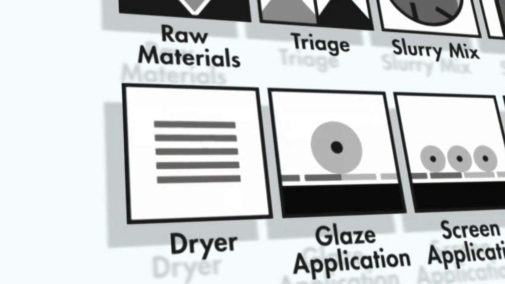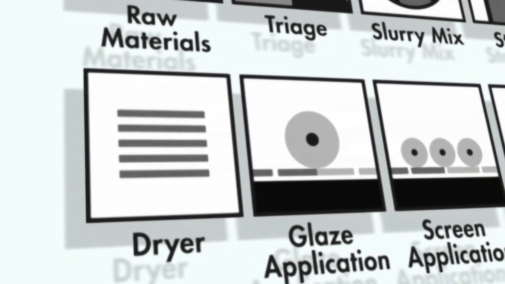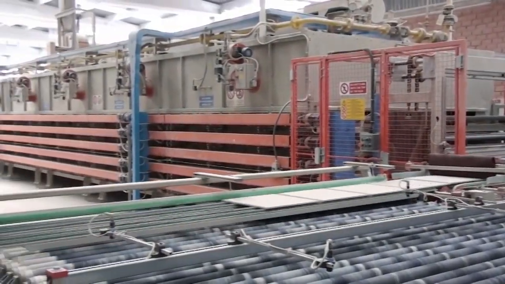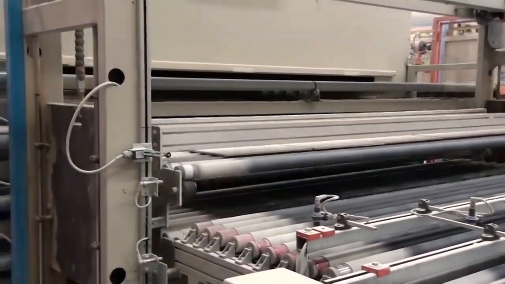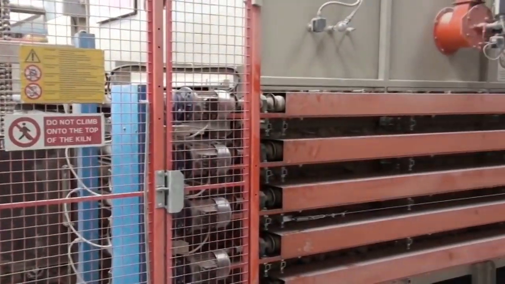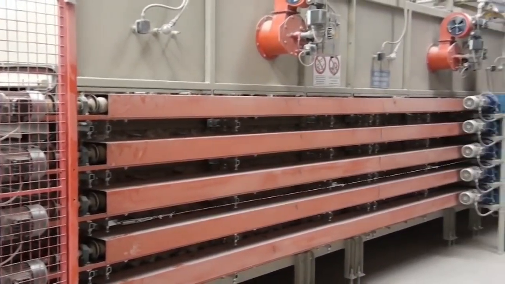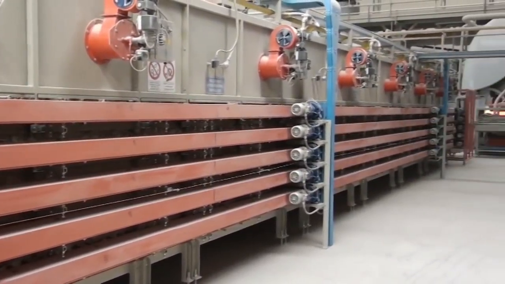After the body is formed, it is dried further to remove most of the remaining moisture. It is important to remove the moisture in order to keep the product stable during the cooking process in the kiln. This guarantees that the product will come out of the kiln as a solid homogeneous material, free of physical